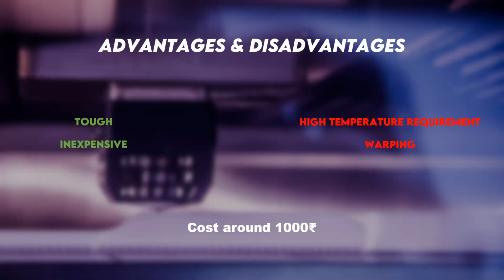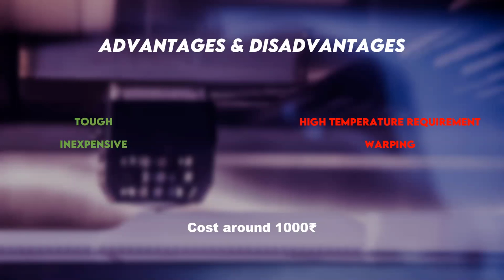So basically with nylon, if you need to print something of larger volume, you should definitely go with a heated bed. Most preferably, you can go with a closed environment, because that would help in solving warping and cracking issues. Well, nylon is one of the most commonly available, so it is much less pricey than PLA and ABS. Well, PLA and ABS are easier to print when compared to nylon.